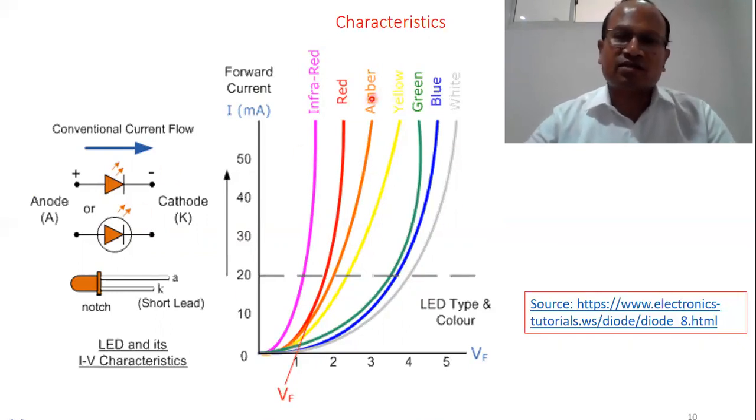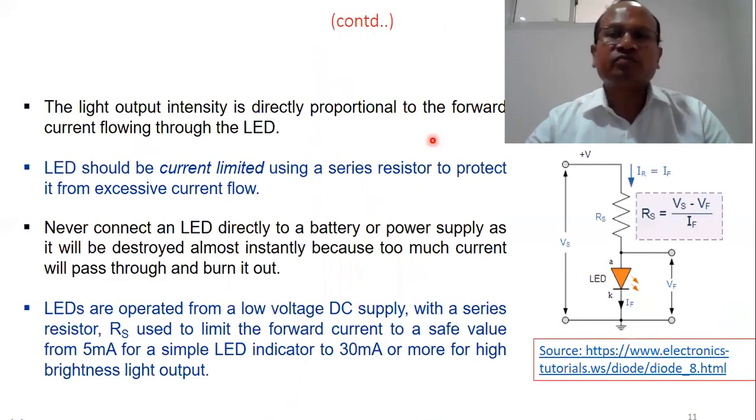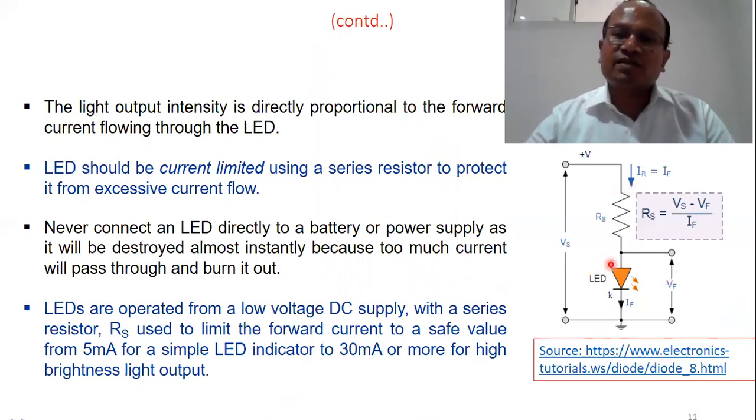So this is a characteristic. This characterizes the working principle of LED. See, this is the case I was explaining. A series resistance is required to be connected in series. You cannot directly connect the supply to the LED. You have to connect the source resistance. So what is the source resistance contribution? How can you find this?